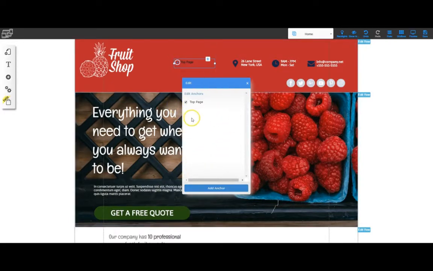And this is where I'm going to add my anchor. So I've already got the top of the page, and now I'm going to go to add another anchor. I need a total of 4 anchors, so I'm going to add 4 in. And once I've got those 4 anchors added in, I'm going to click the edit button on the first one